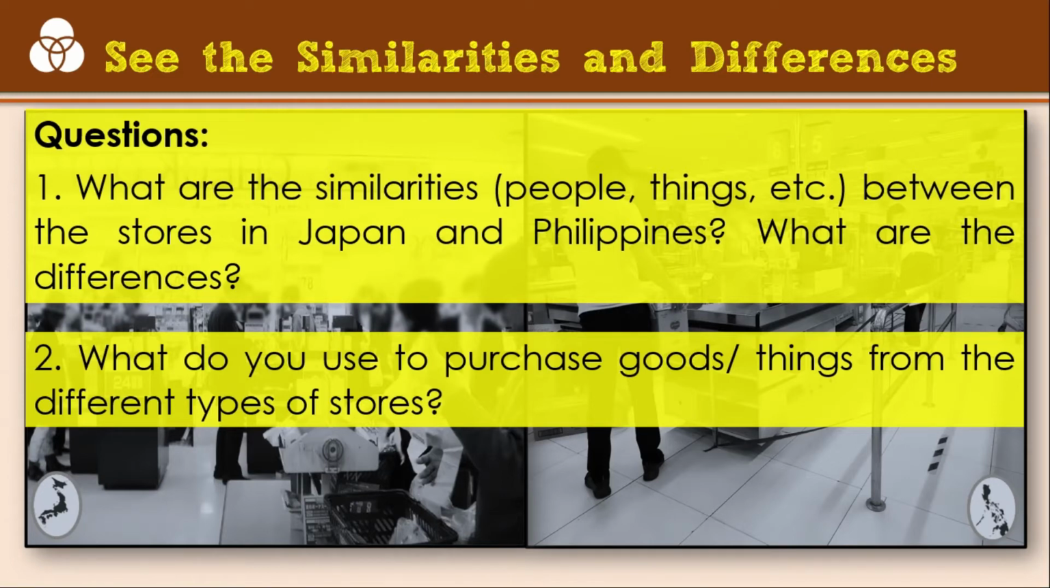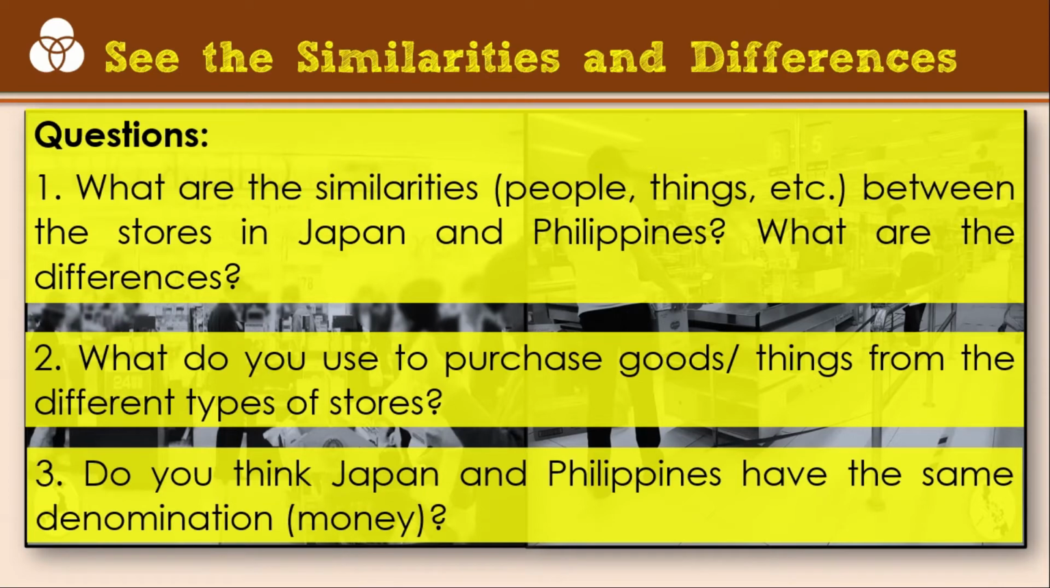はい、3番. Do you think Nihon and Philippines have the same denomination? I repeat, question number 1 is answered through the Venn diagram. So my feedback will be given in our GC or group chat. Question number 2 and question number 3 will be answered as we progress with our lesson. To answer question number 2, that would be